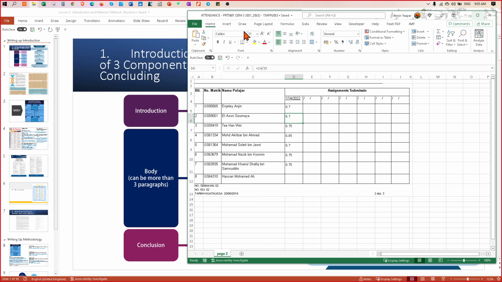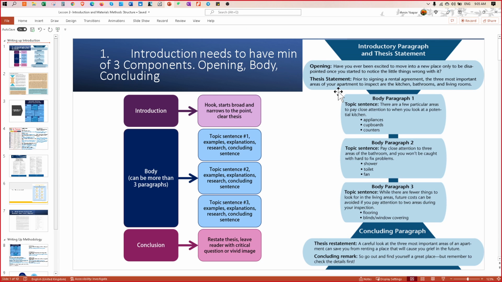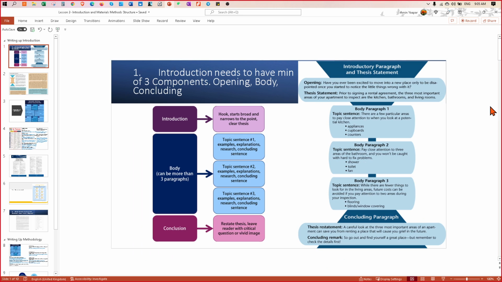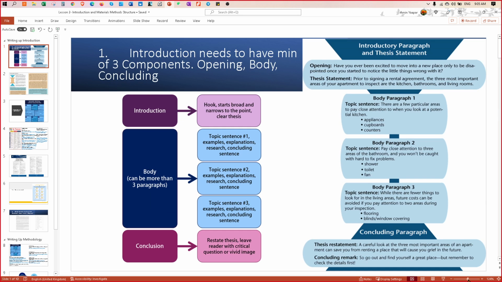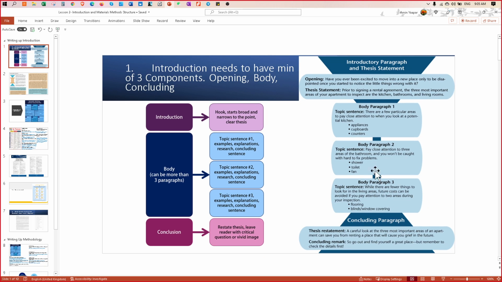Let's look at the introduction. What have you done and what can be improved? Make it a bit bigger. Okay, I can see that some of you have a very elaborate introduction. Some only have one paragraph.